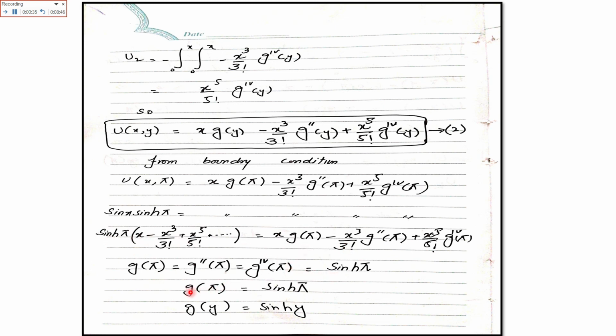From this we have concluded g of pi, from where we have found the value of g of y that was initially assumed to find the solution. So we have found the solution, and we have also found the assumed g of y, which is equal to sine hyperbolic y. So this is how you can solve the Laplace equation with Adomian decomposition method. So that was all from today's lecture. Thank you so much.